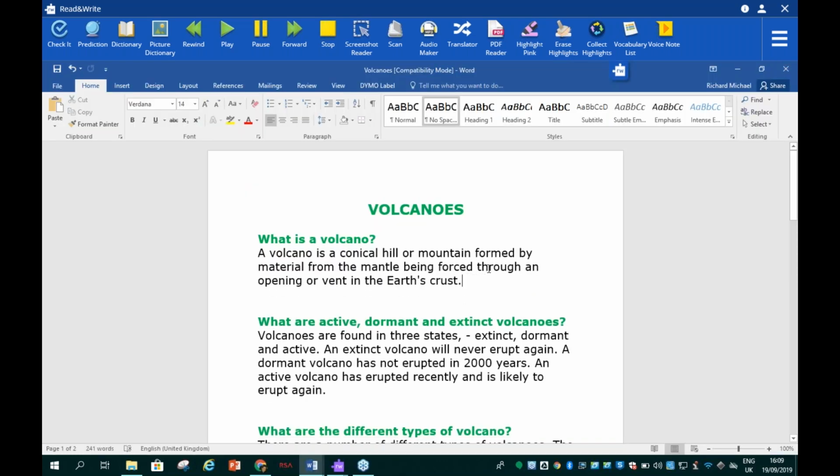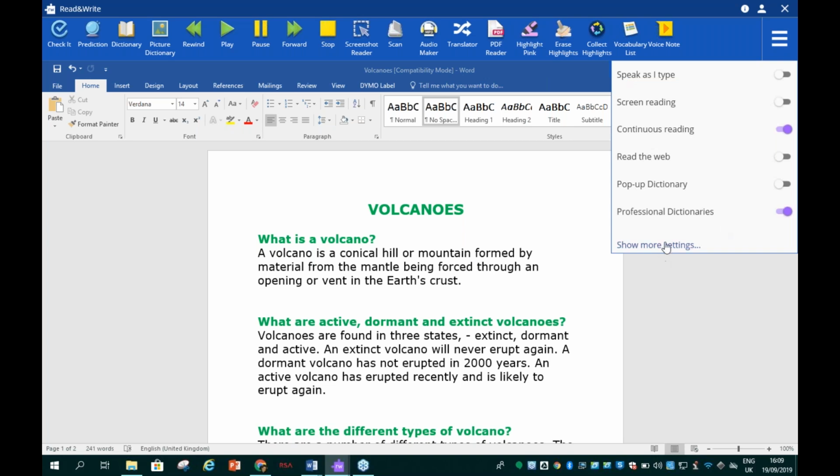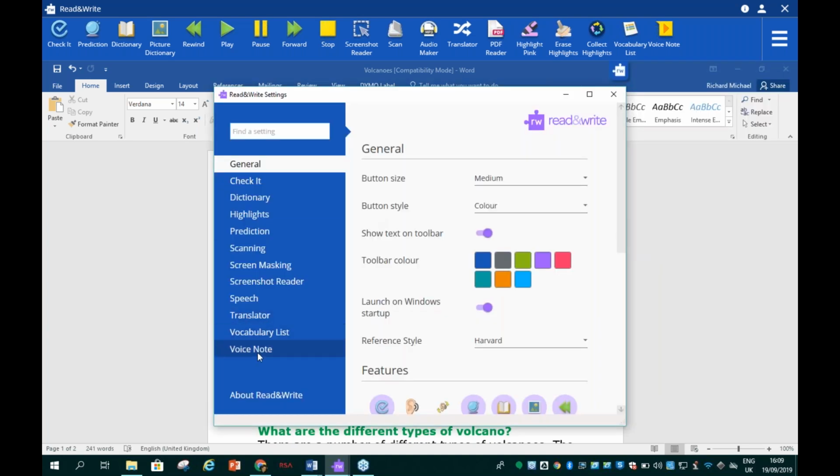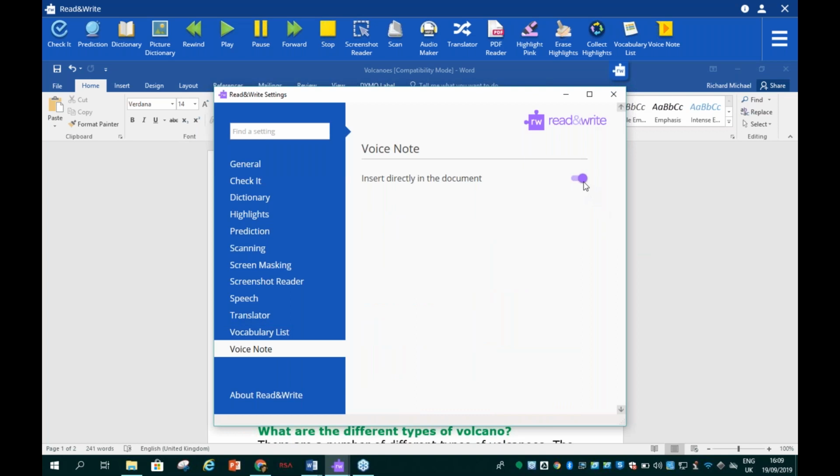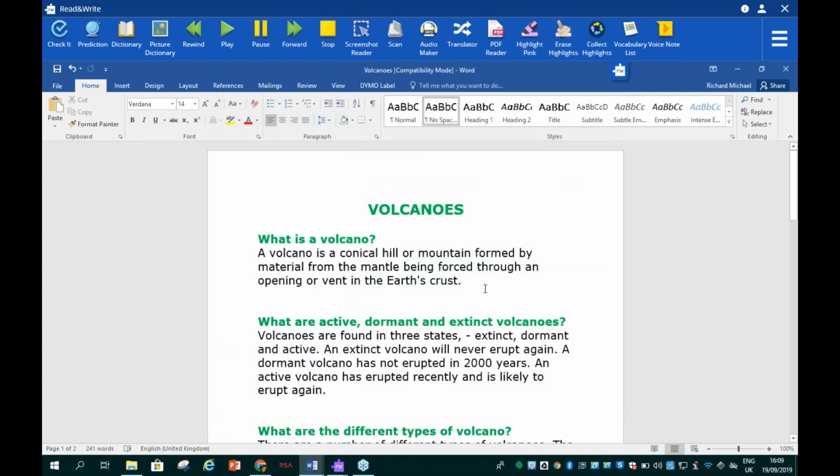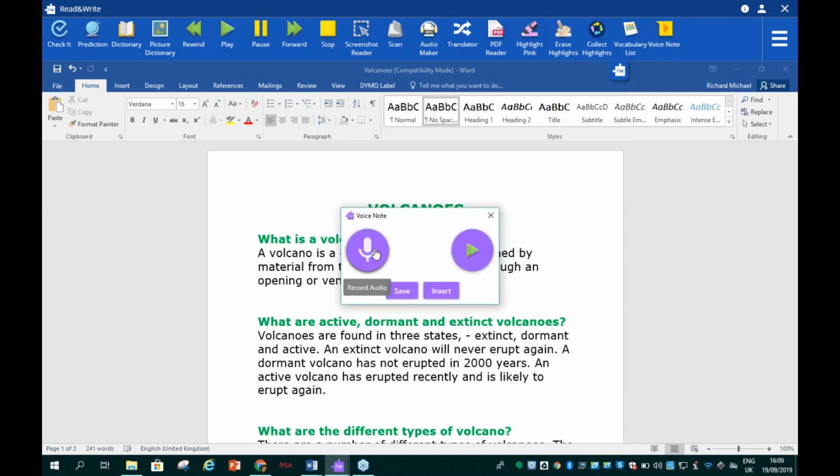So that's one way we can leave the voice note. The other way then that we can leave the voice note directly into the text, if I click on show more settings, click on voice note and turn off insert directly into document. So click again, voice note,